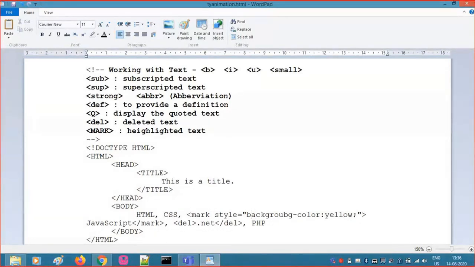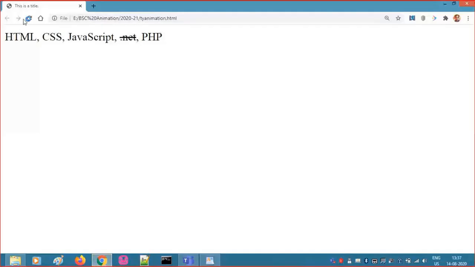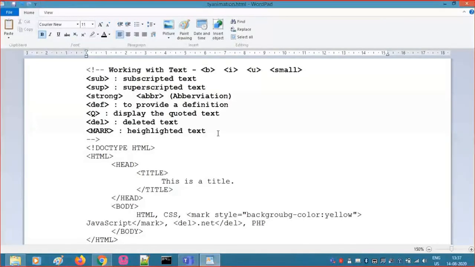Then you can put a semicolon here. It is optional, not needed. So this is the highlighted tag using mark. And the file is saved. Now let us run this. So here you can see the JavaScript is highlighted with yellow color. Then the next tag is